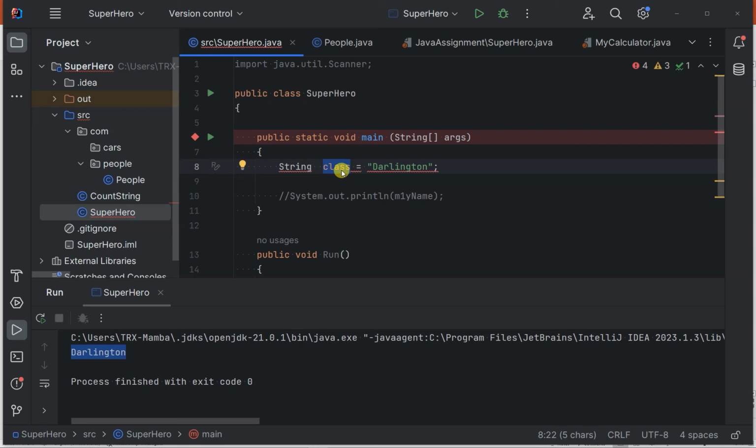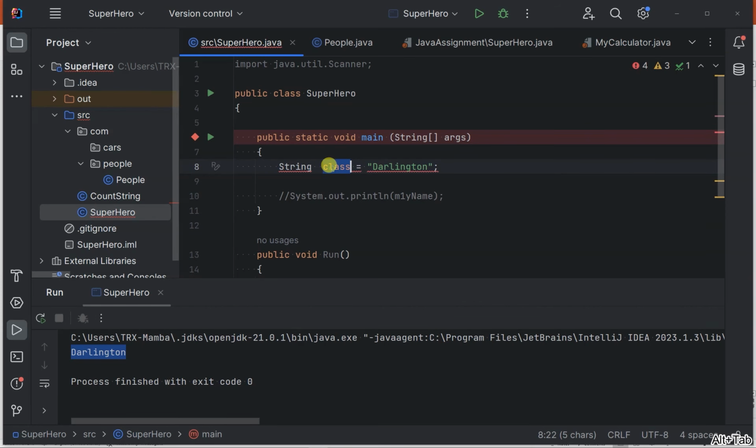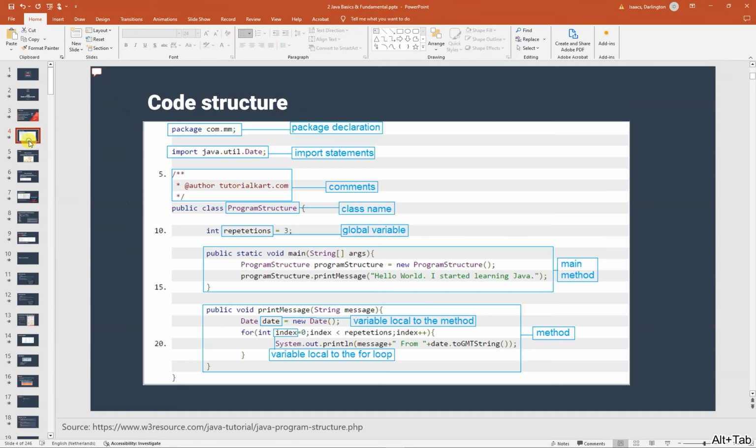What other keywords do I know? Let's see, I've made a list of it. We have all of these keywords here, as you see on the screen. These are all keywords that are in Java. You're going to learn most of them as you go on, you understand? You also cannot use the word int. Int is a keyword. You cannot use the word byte. Remember, bytes are actually data types, and they are also keywords. So all this stuff I showed you guys here,